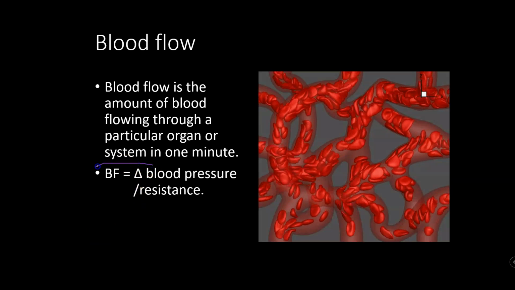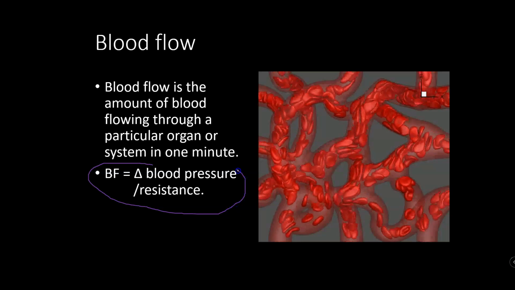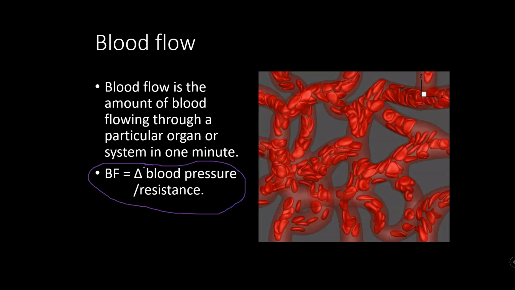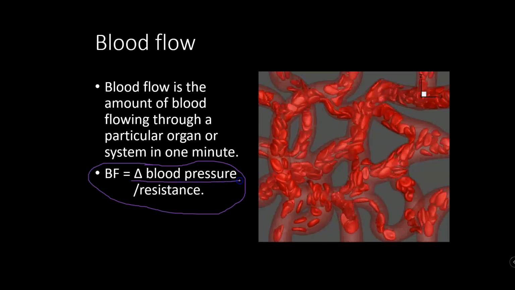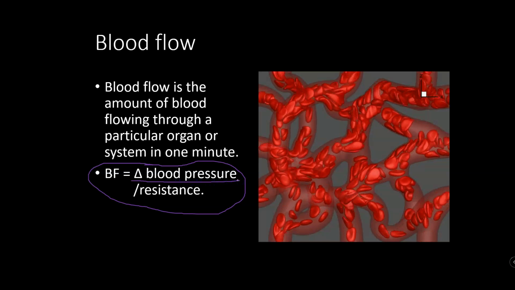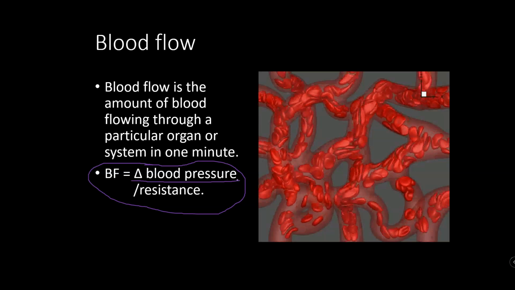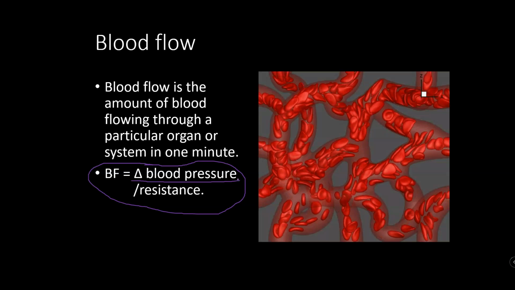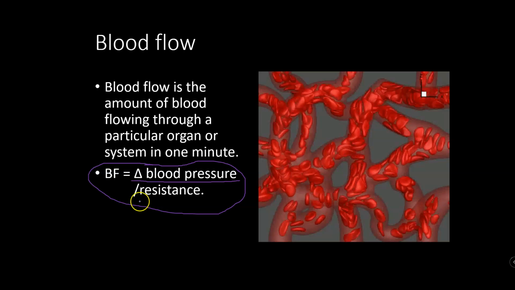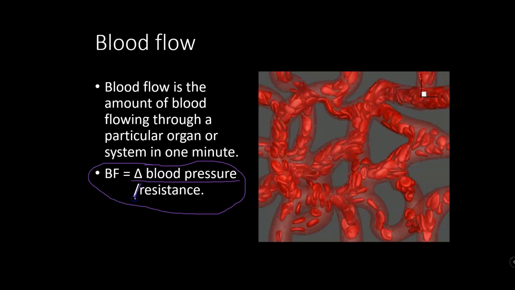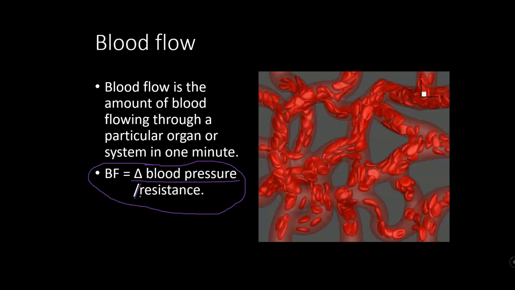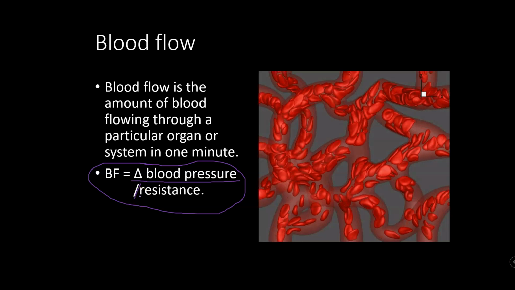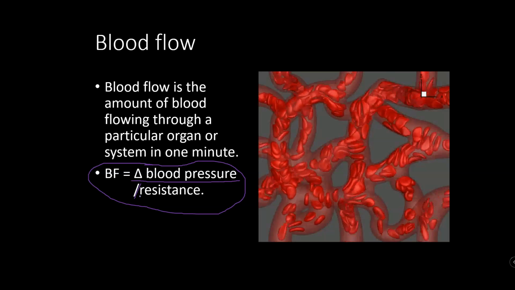There is a formula to tell you what variables are going to have an impact on blood flow, just like there was for cardiac output. The first variable is the difference in blood pressure between 2 points. Blood is always going to flow from an area of high pressure to low. So remember, high to low, kind of like diffusion was. And then that is divided by resistance. What that means is resistance has an inverse relationship. If you increase resistance, you're going to decrease blood flow in a certain place.